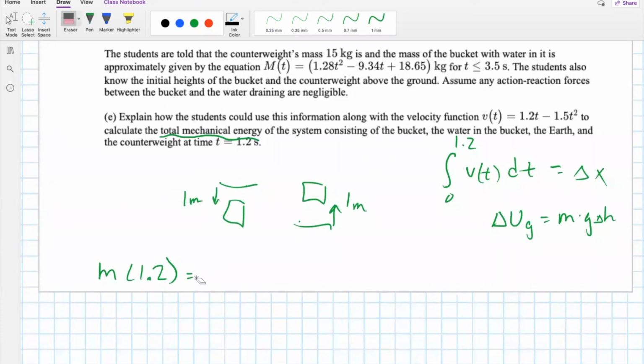And I'm trying to right here see how I could represent that, because I feel like all these ideas are kind of scattered about right now. But if we integrate this from 0 to 1.2 seconds, we find the displacement of these blocks. One of these is going to gain gravitational potential energy. That's going to be the bucket and the counterweight, because at that point, the counterweight had been moving up. So we're going to assume that up to that point, it has, oh, no, because by 0.8 seconds, it's already reached the top. Let's say for whatever reason,